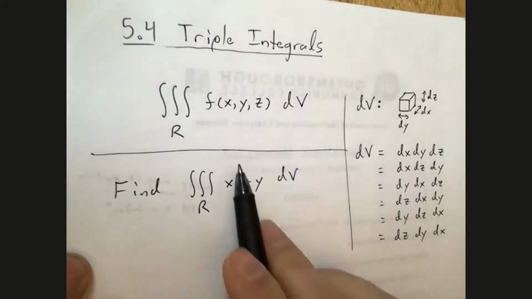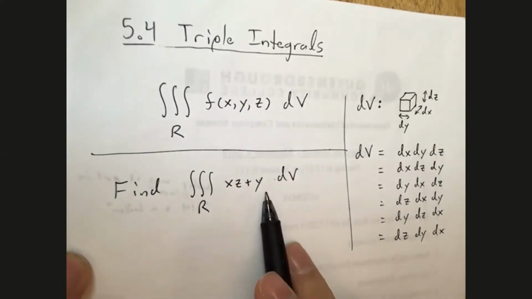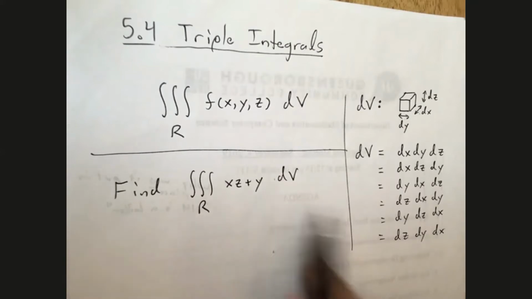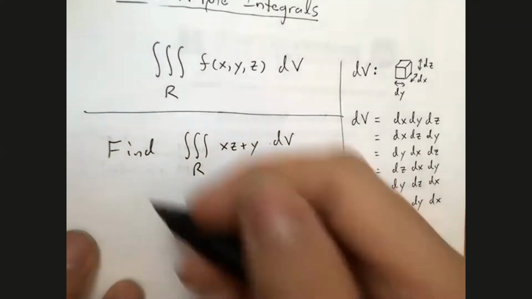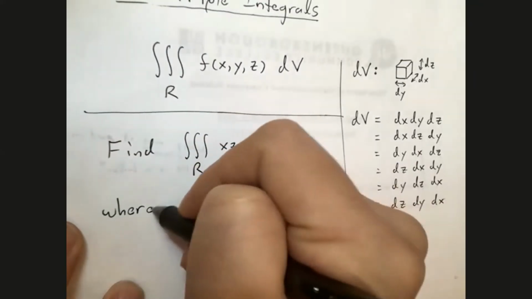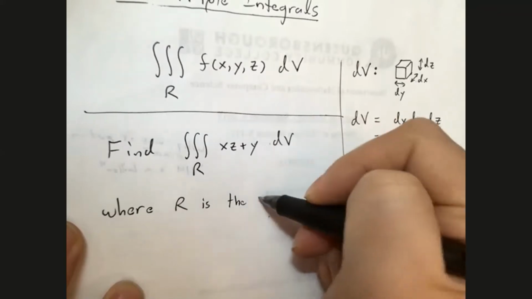So this is our function of x, y, and z, right? It's just xz plus y. And I want to integrate this function over the simplest possible thing, just a box. Okay, let's start with something very nice and simple. So where R is the box